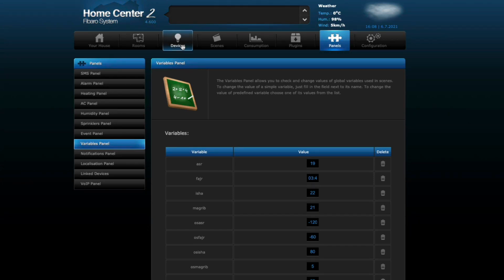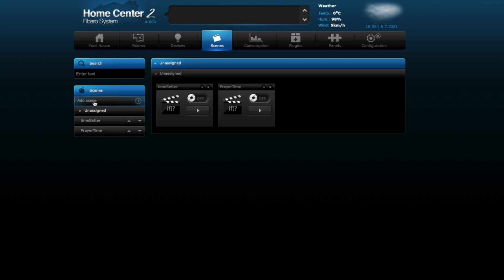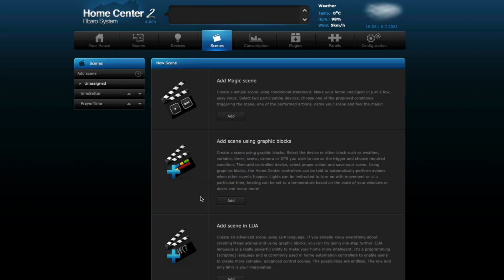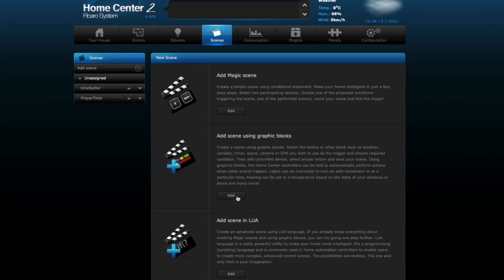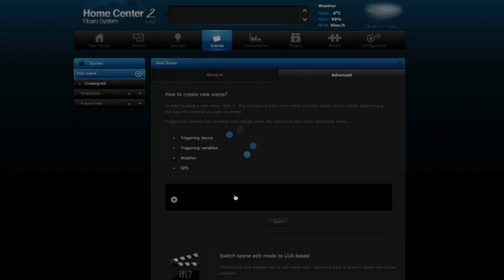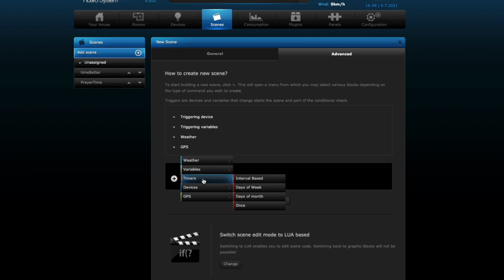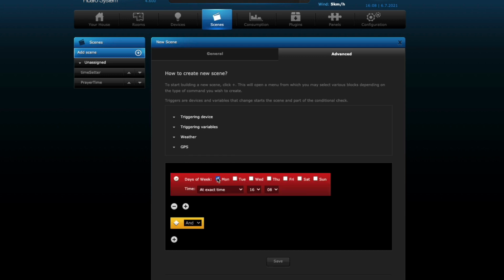Now we can go back to our scenes. We can then say add scene. Now we're going to define when it's daytime and when it's nighttime. So for that, we use a graphical block scene, and all we're going to say is timers, days of the week, select all the days, and then all I'm going to change is at sunrise,